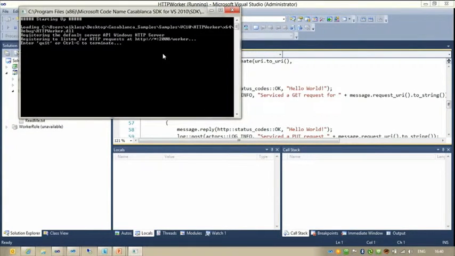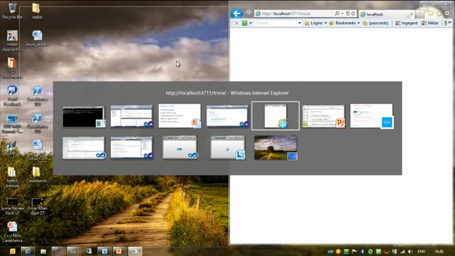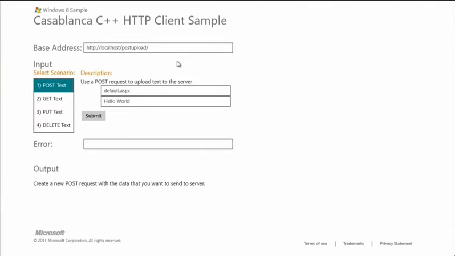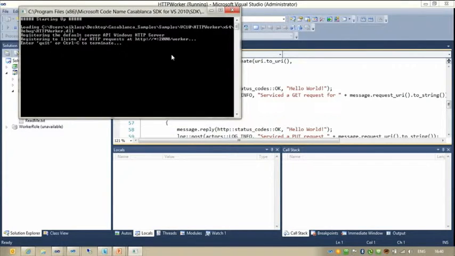And what we're going to do here, rather than try to contact this using IE, which usually gives you a get message, we wrote a little Win8 client. On the screen here it says Windows 8 sample. We actually took this out of the SDK sample collection, and that's why it says this is not a Windows 8 sample. It is a Casablanca C++ sample. I believe the address here is star 2000.